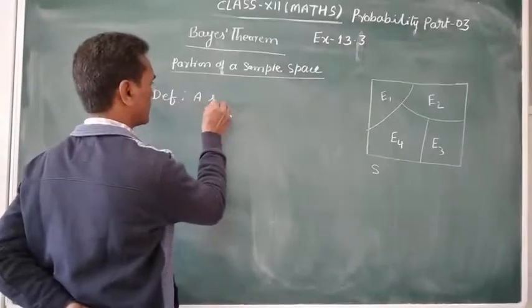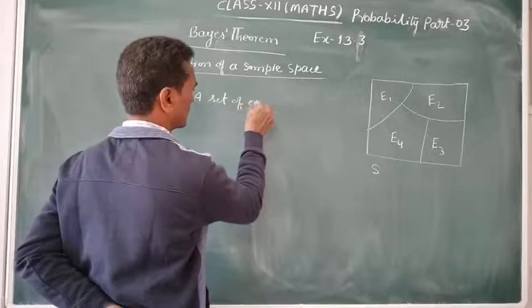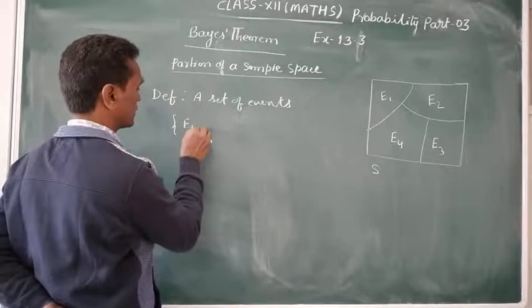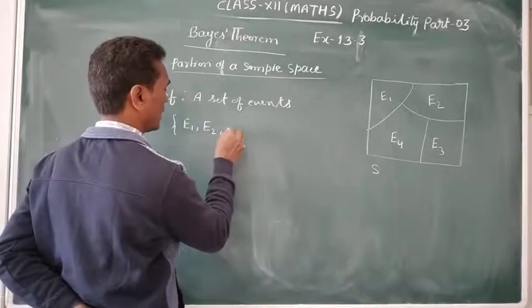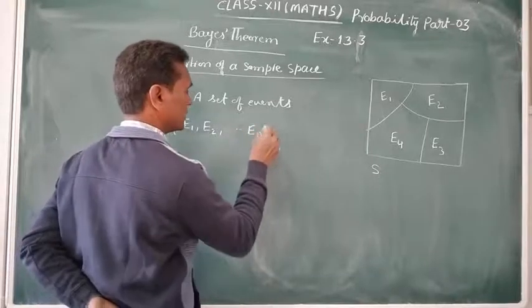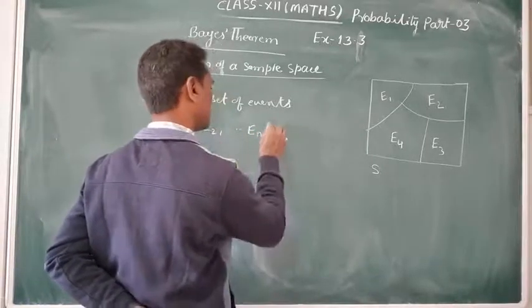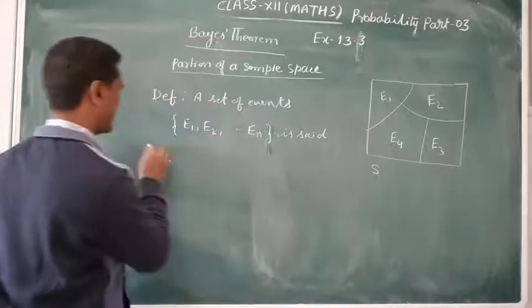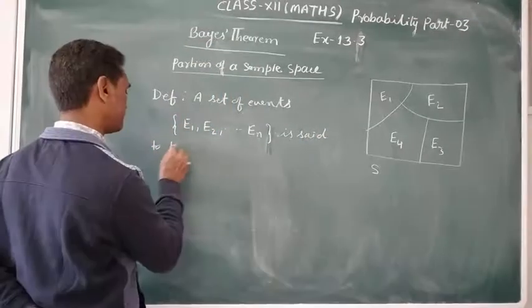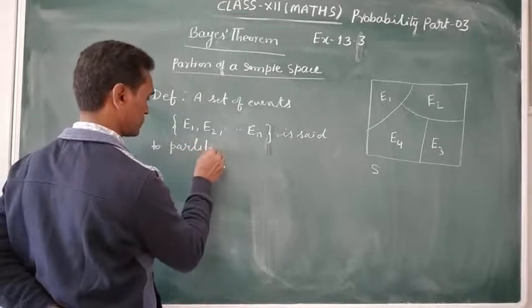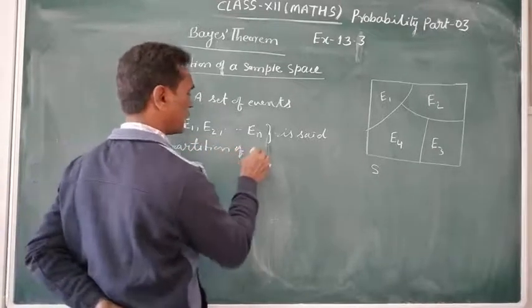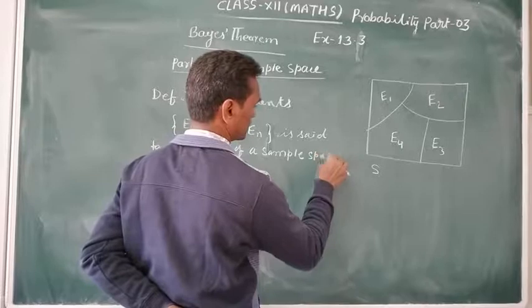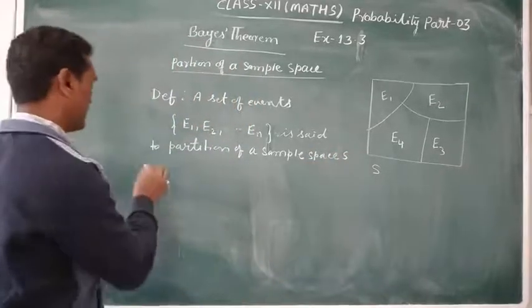A set of events like E1, E2 and En is said to be a partition of a sample space S if